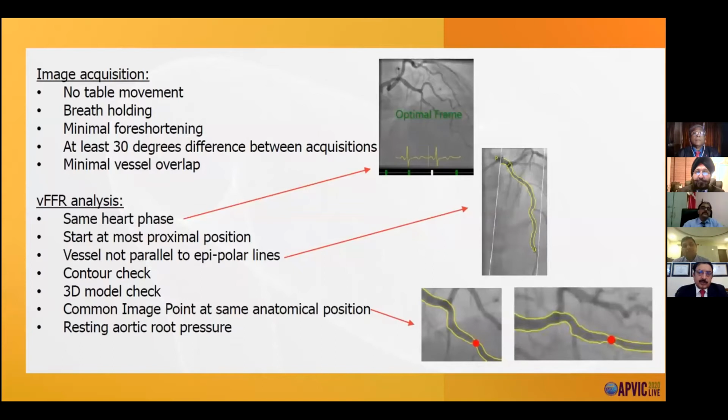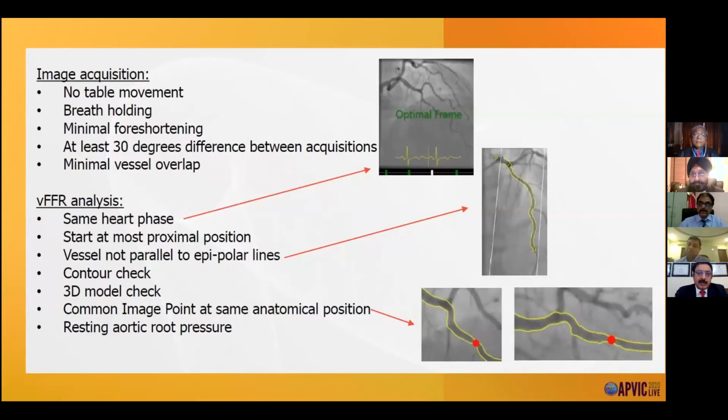These are the days of physiology-guided interventions, and we have different types of fractional flow reserves, which could be IFFR or VFFR or QFFR, depending on the machine and depending on what we are doing. The conventional FFR actually requires a special wire, the pressure wire, which costs sometimes 60 to 70,000 rupees for the whole procedure at our place at least, or 30 to 40,000 rupees for this pressure wire itself. And then it requires administration of contrast as well as adenosine for vasodilatation. And then what you achieve is a physiological gradient across the lesion.